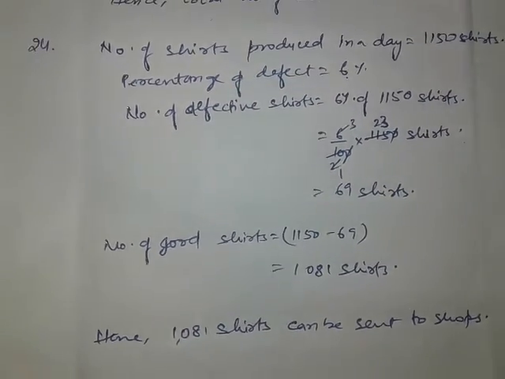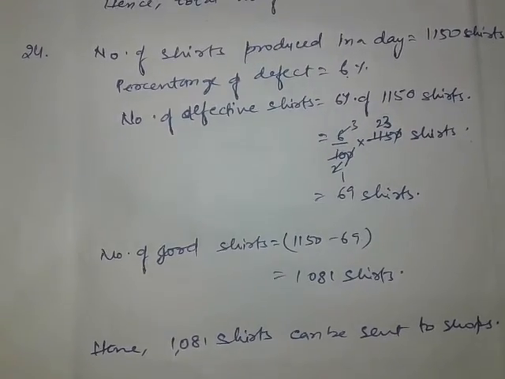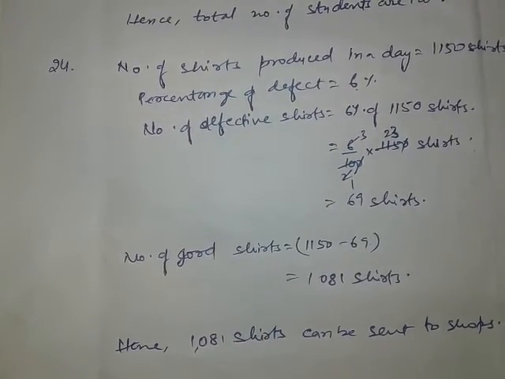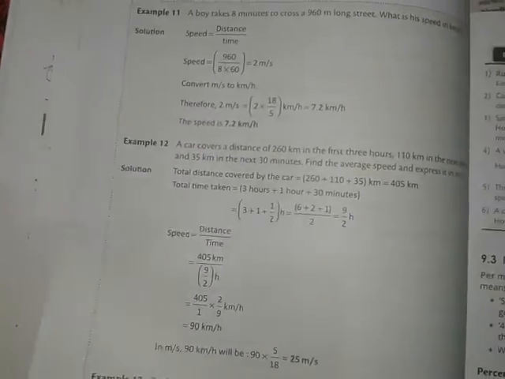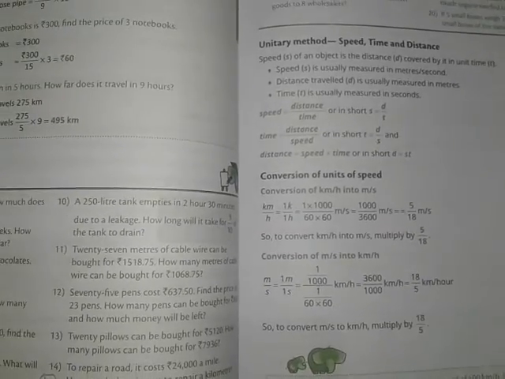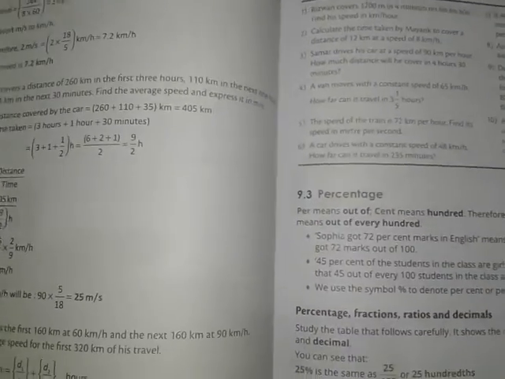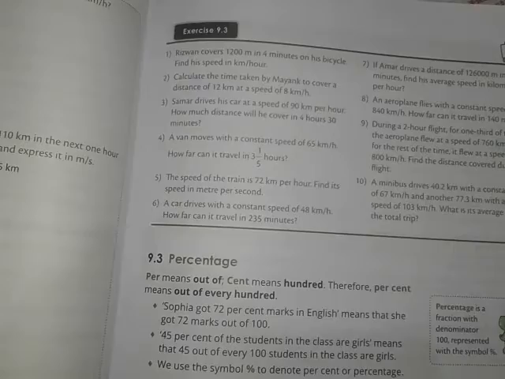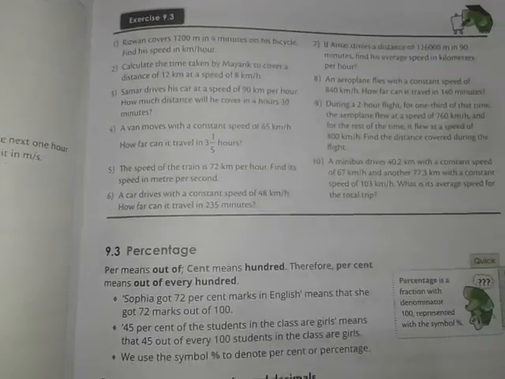So that's all for today. This is the last class of this exercise 9.5. In the next class we will discuss exercise 9.3, speed, distance and time. You have to read this concept by yourself, and I will also explain all the concepts here, and then we move ahead in exercise 9.3. In 9.3 you receive only one video. In one video we finish the whole exercise and then we move to the next chapter. Thank you.